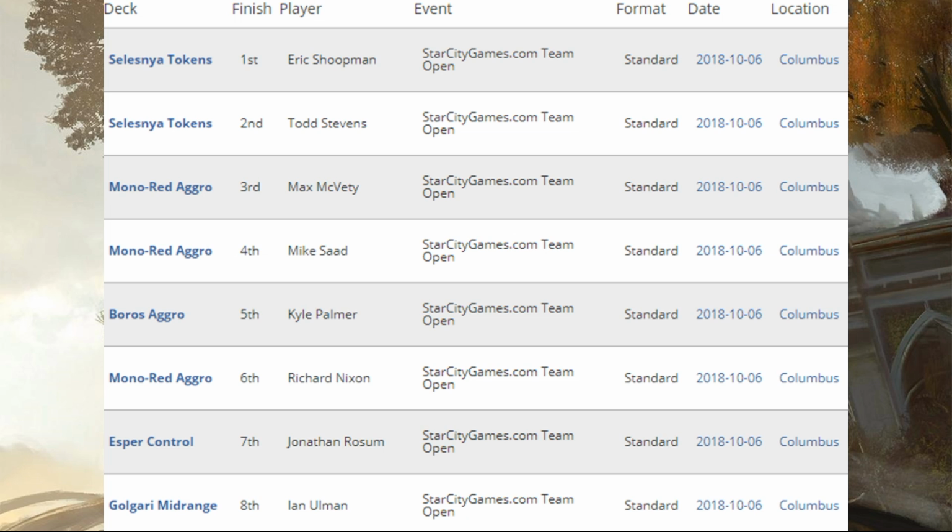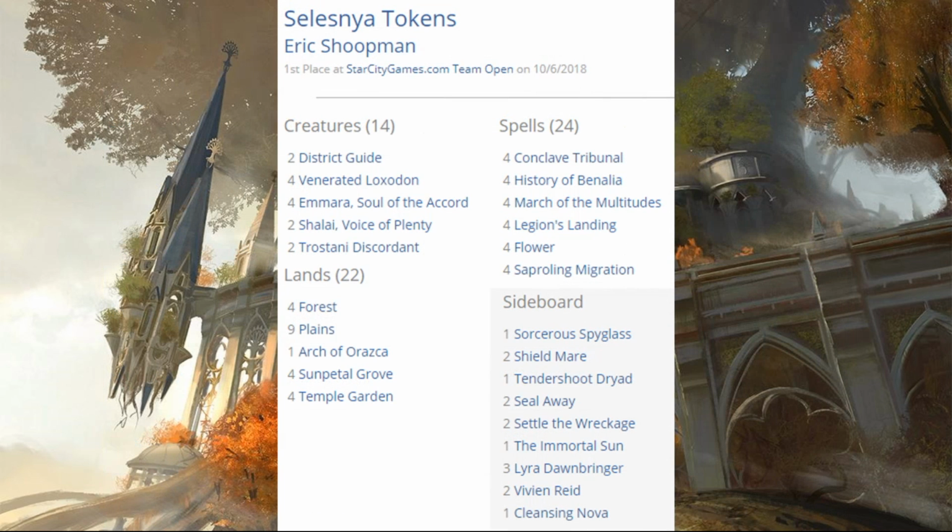And 7th place, Esper Control. 8th place, Golgari Midrange. Alright, let's start looking at some of these deck lists, beginning with Selesnya Tokens. Alright, this is a deck that a lot of people thought would do well going into the first weekend,